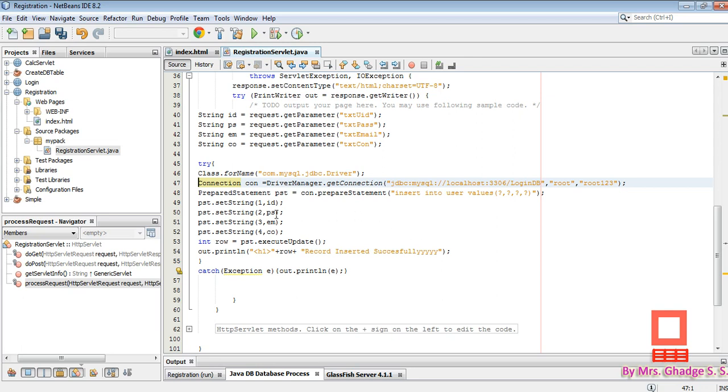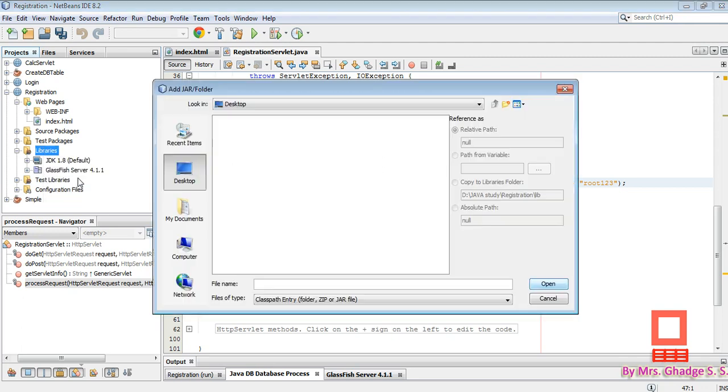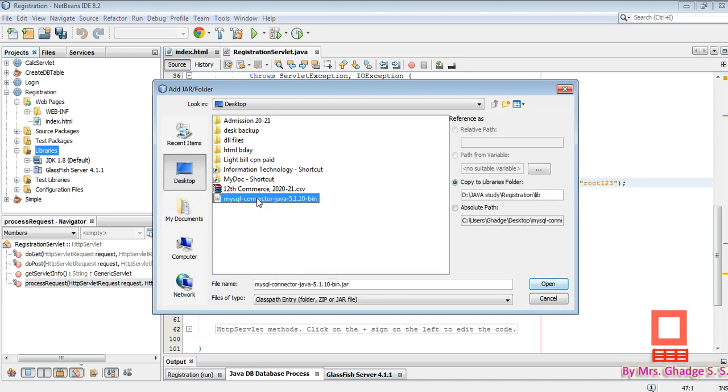Now what we need to add in the libraries is the MySQL connector. So just right click on libraries and click on add jar. We need to add this MySQL connector, which I have already copied on the desktop.